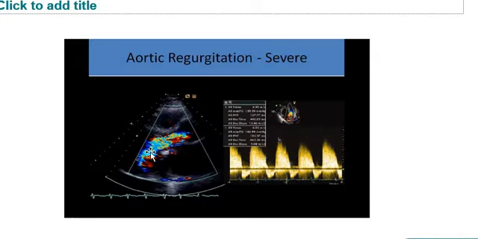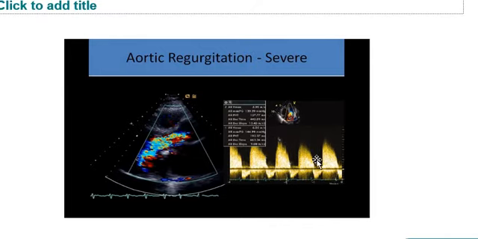And here is another echo view which shows the color flow mode. We can see the mosaic pattern through the aortic valve, which indicates turbulence of the flow in the aortic valve, and this is called aortic regurgitation, because when there is turbulent flow, usually regurgitation is present compared to streamlined flow. If the flow is streamlined through the aortic valve, we can easily see a typical bluish pattern of flow across the aortic valve.